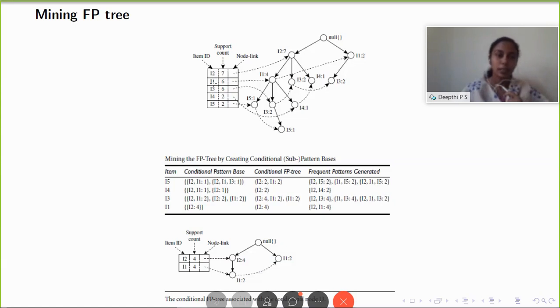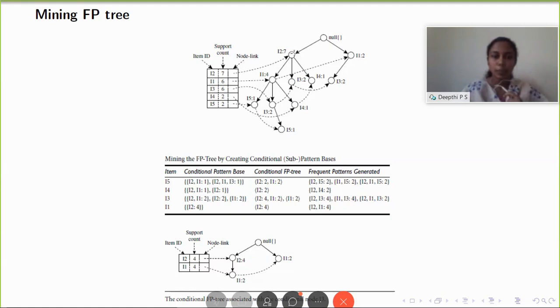Now consider the transaction I1. So I1, we have just one node. We have one node here and another node here. So if you consider this node, there is no prefix node here. It is a direct node from root, so you don't have any prefix node here.